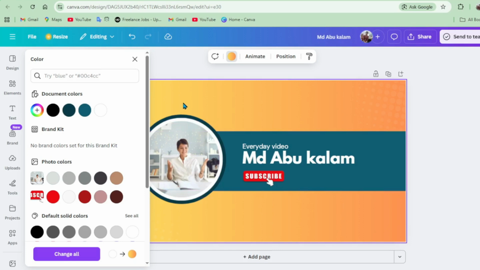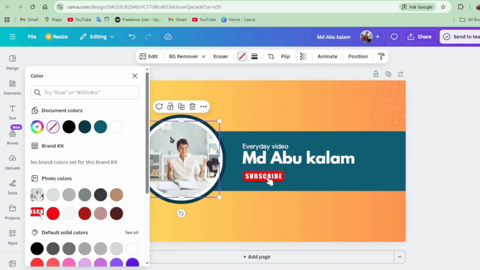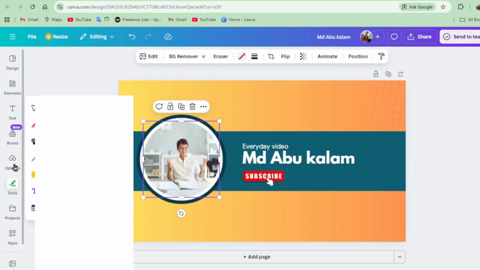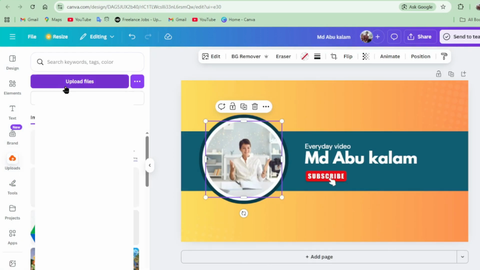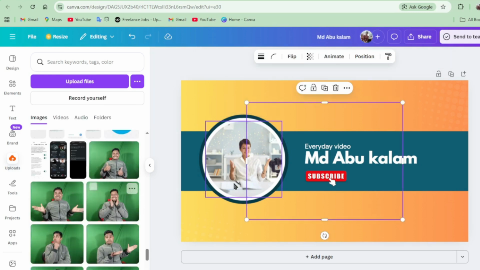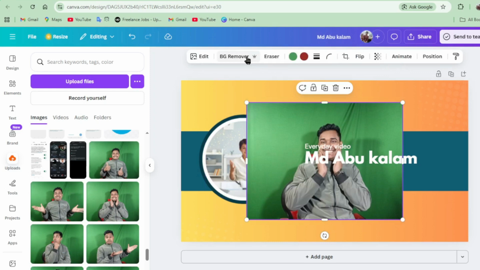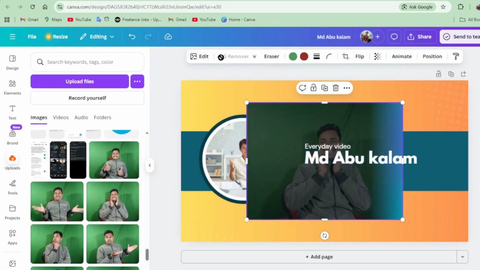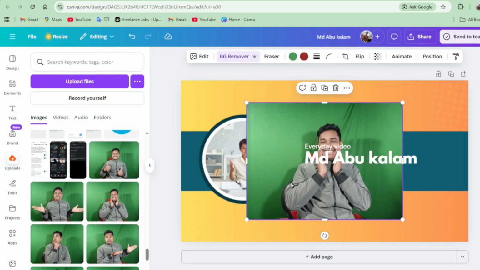Now if you want to change this photo and add your own image, just click on download, then upload your image here. For example, if I upload my own image here, so please wait. Okay, for example this one, I want to remove the background, so just click on bg remover, that means background remover,